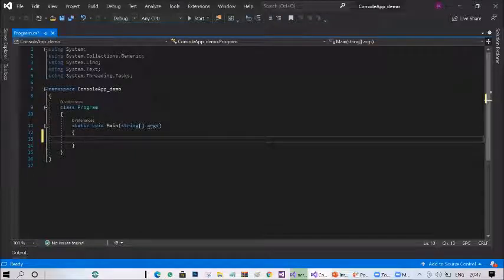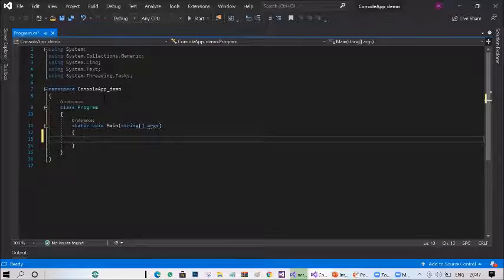A class is a combination of methods, fields, properties, constructors, and maybe delegates also. All these things wrap around into one single point, which is called a class.